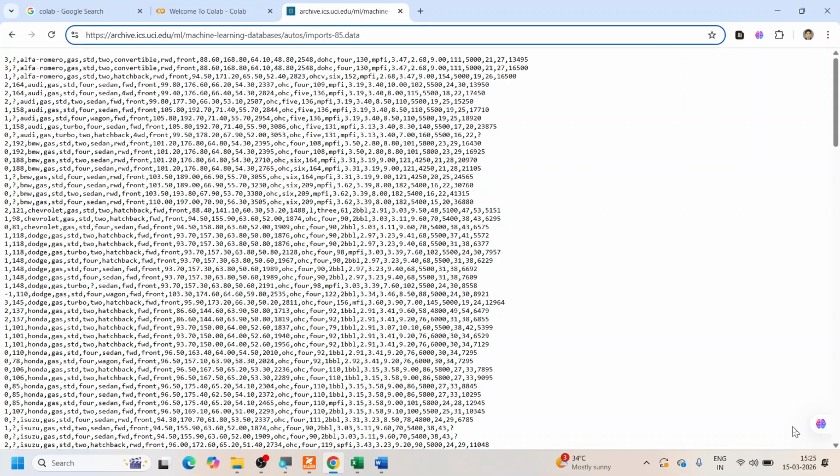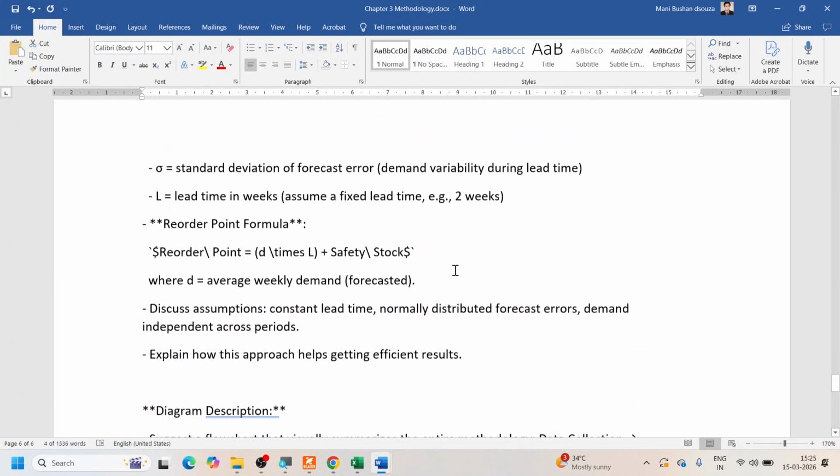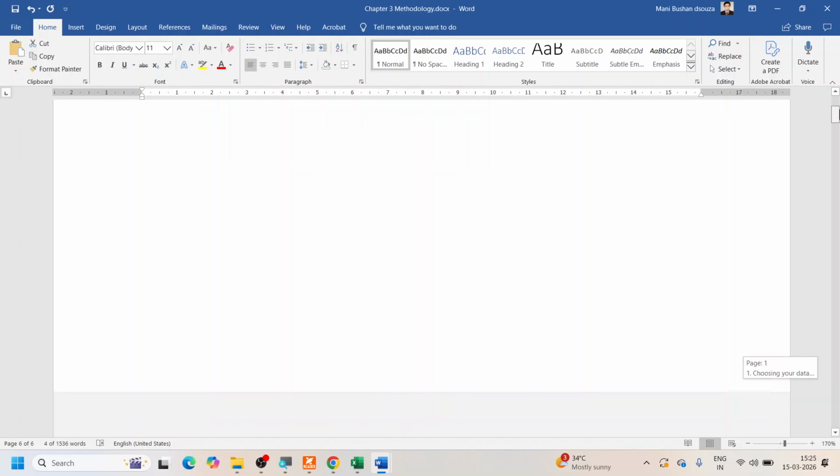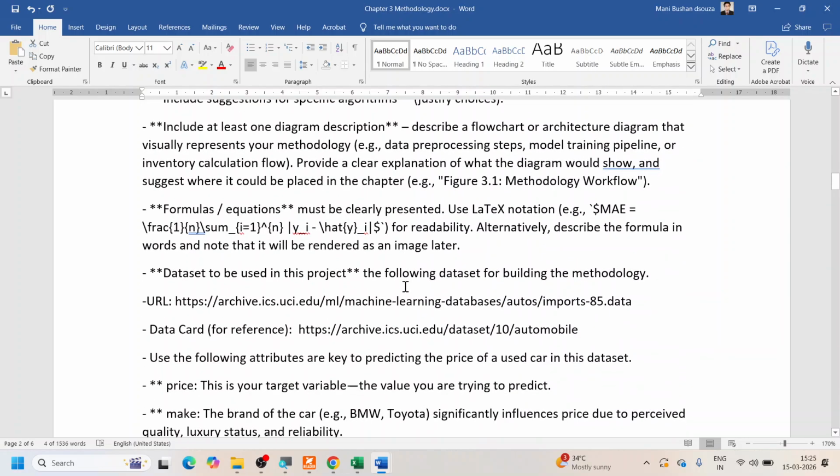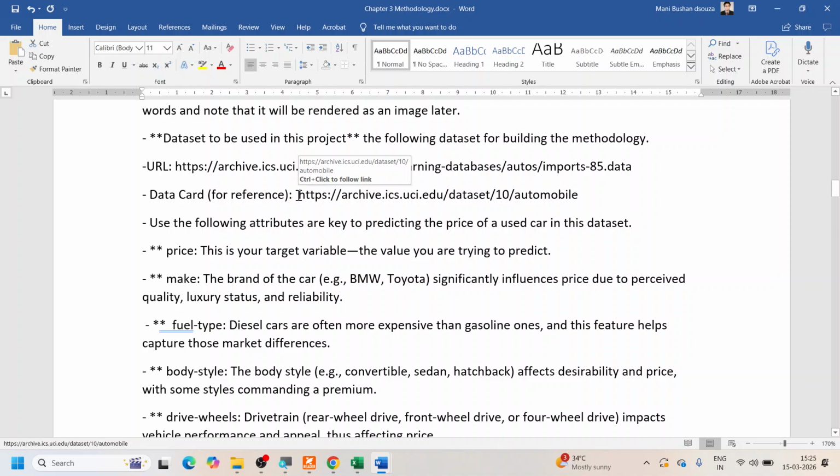That I think I will have to again search. Let me just go to the here. I have. Let me just go back. Just a minute. Don't get annoyed by the thing that I have put two things over here. Data card. Okay, I'm going to just go here. Let's see whether I get the